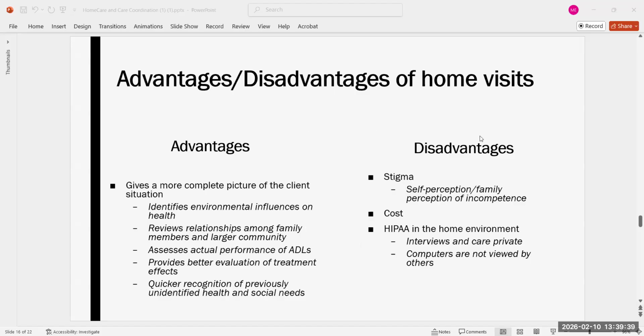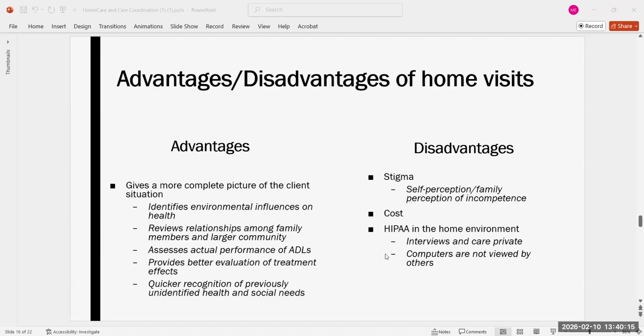There are advantages and disadvantages to home visits. Advantages: it gives you a better picture of the client and the situation that's going on. It helps you to recognize if there are social needs, if there are health needs that are starting to present themselves. You can understand what the relationship is between the patient and their family. Are they safely able to perform their ADLs, and what influence do resources or lack of resources, or even the environment that they're living in, have on their health? Disadvantage,